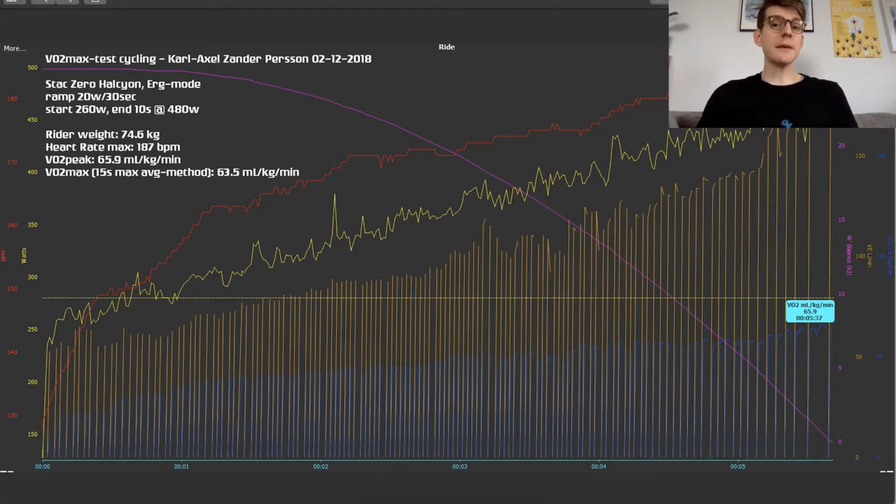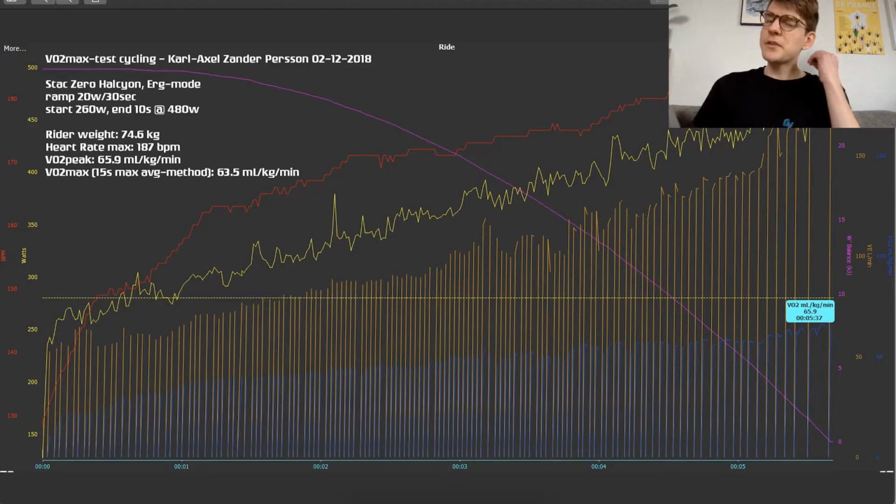The VO2 peak, defined here as the single highest VO2 breath, might be significantly higher and will overestimate if used as the VO2 max. You can see here in the chart that we use the average of the highest 15 seconds to determine VO2 max. But you could use any duration, like 10, 20 or 30 seconds, and get slightly different results, but they're all fine, naturally, as long as the same method is used for future tests.